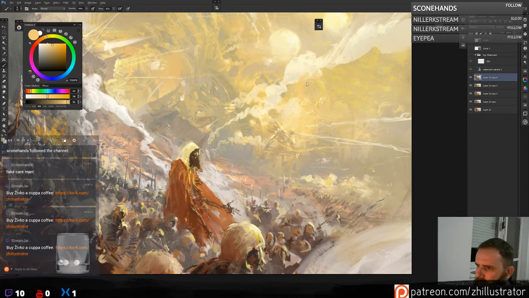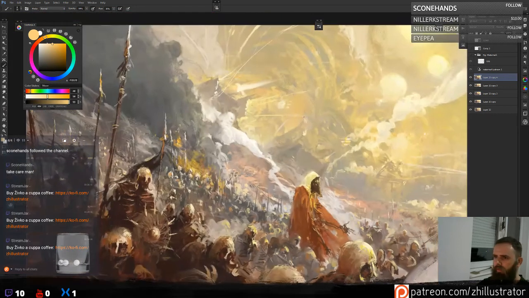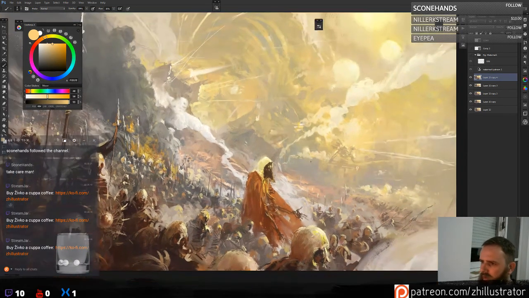I'm trying to do this here, but I still want to feel like it's complicated, this machinery behind me, with some interesting highlights, some interesting glints.